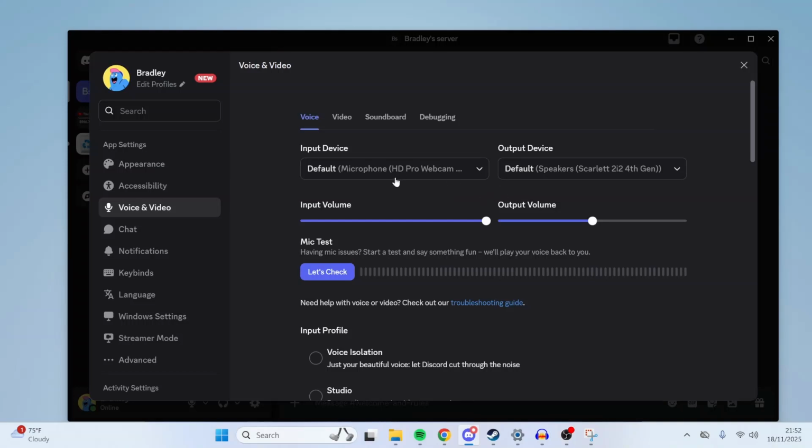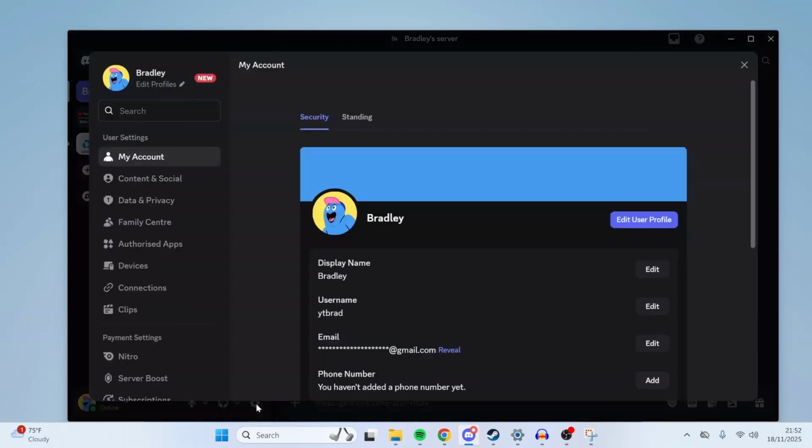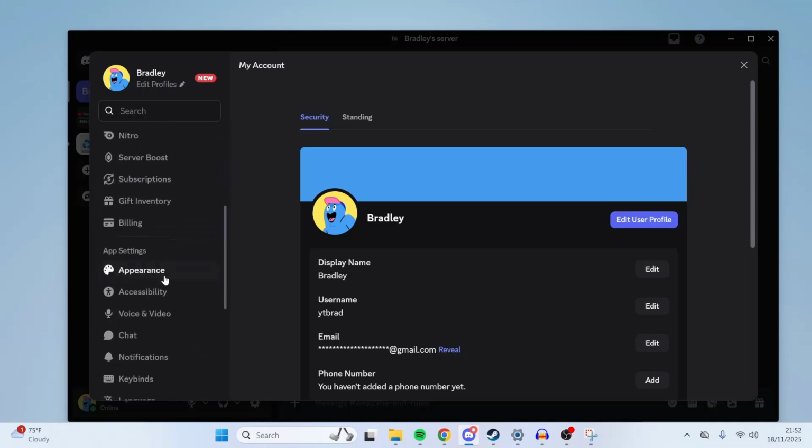In this video, I'm going to show you how you can enable your microphone on Discord. So if your microphone is not working or you just need to enable it, here's what you should do. So first, go to user settings in the bottom left hand corner, then scroll down here and you're looking for